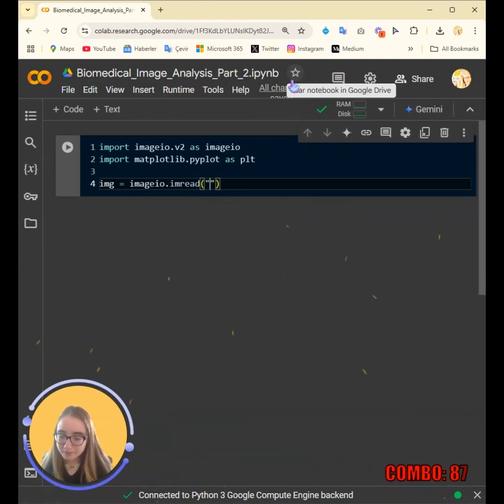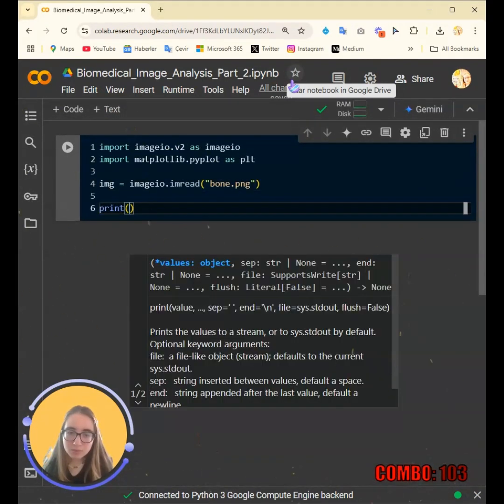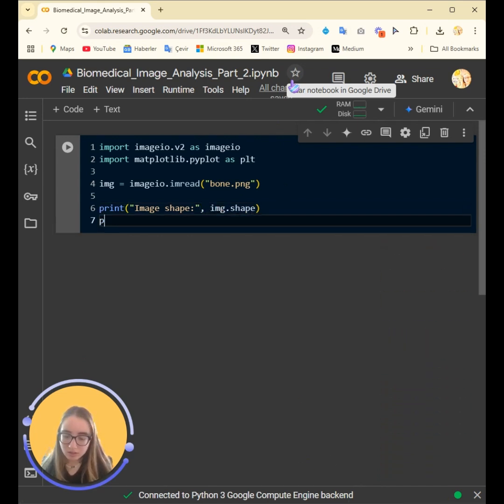And this time we don't have a fracture.jpg but a bone.png image, and I'll quickly print it to look at the shape, image.shape, and then of course the minimum pixel value. The fracture image that I found was a really good example because it had 0 to 255. Hope this is a good example too.